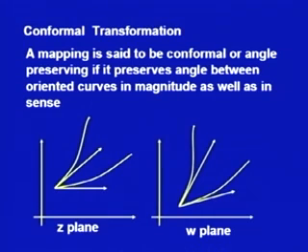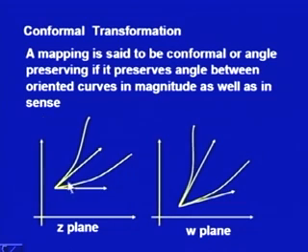With this we come to an important concept of conformal transformation. A mapping is said to be conformal or angle preserving if it preserves the angle between oriented curves in magnitude as well as in sense. By this I mean that if I have two curves, let us call them C1 and C2 in the z plane, and the angle between the two curves is the angle between the corresponding tangents, that is this tangent and this tangent, then if this angle is theta 1,